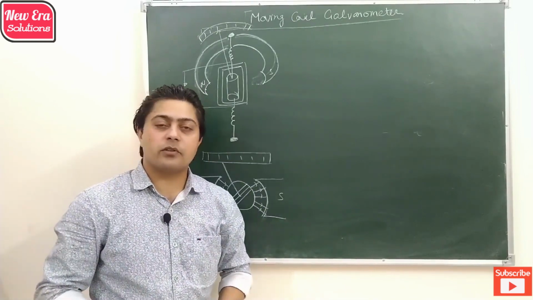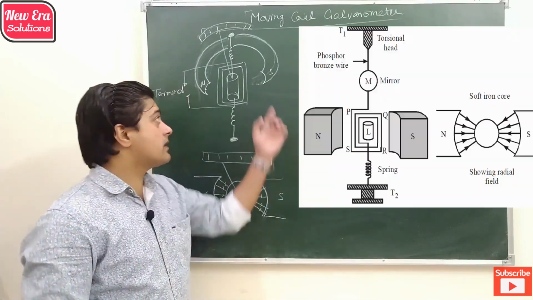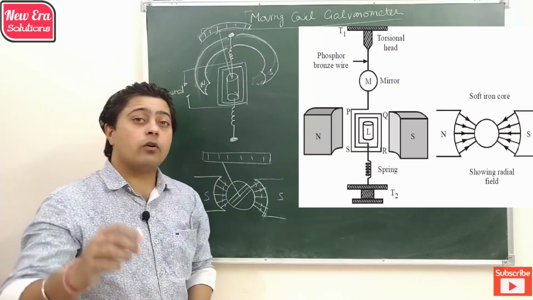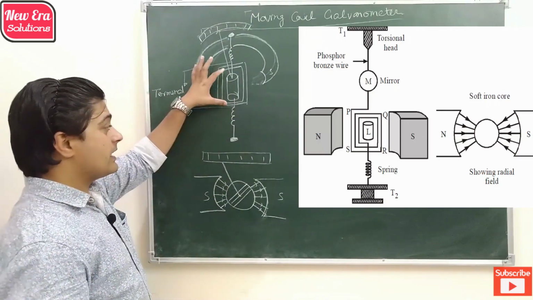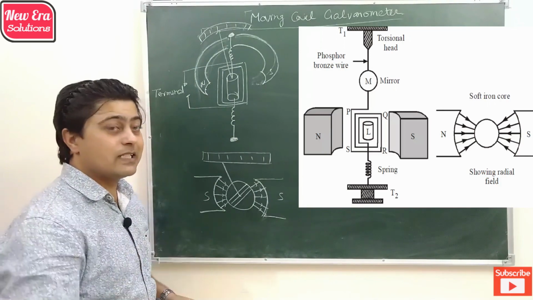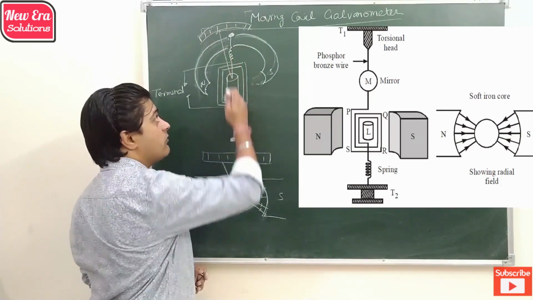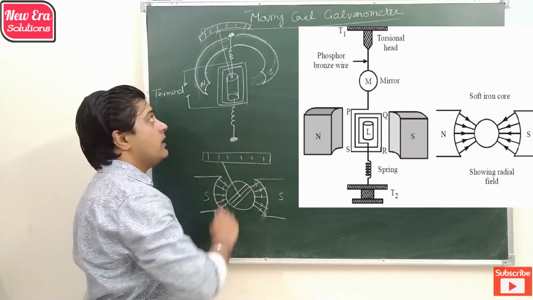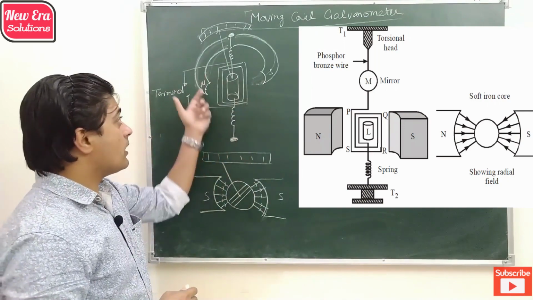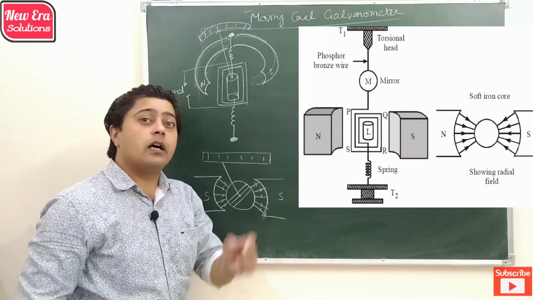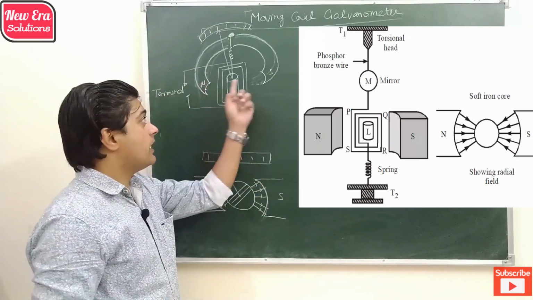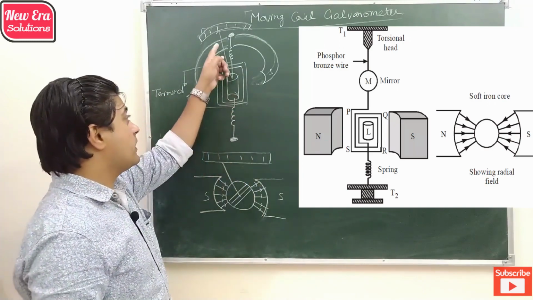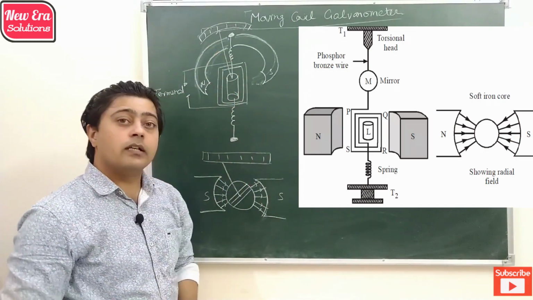If we talk about the construction of the moving coil galvanometer, it consists of a rectangular coil of insulated copper wire wound on a non-metallic frame, with a cylindrical piece of soft iron held inside the coil with the help of two phosphor bronze springs which are connected to the bearings. The strong magnetic field is applied with the help of a horseshoe magnet which has concave north and south poles. The cylinder also has a pointer which points towards the scale to provide the reading.